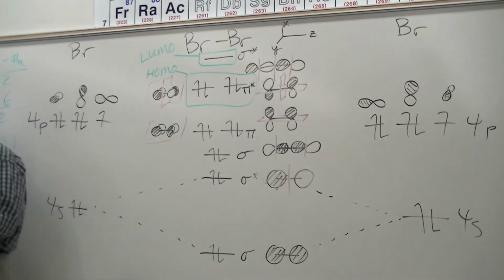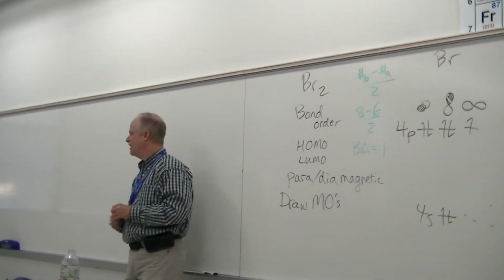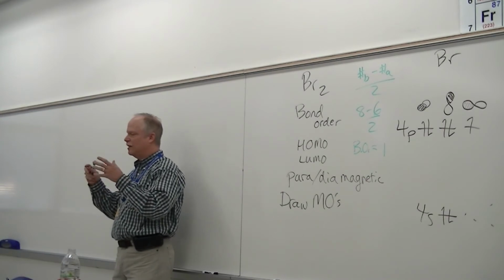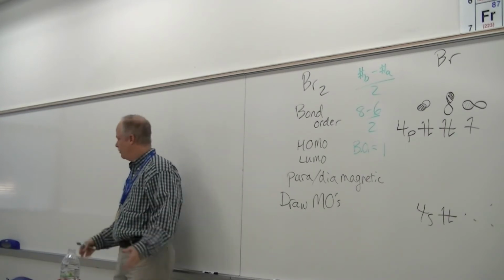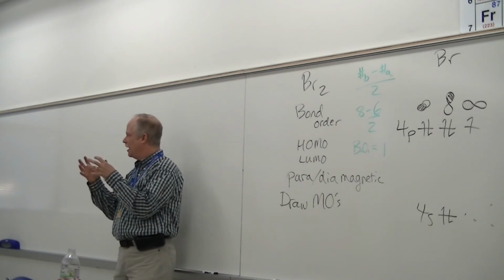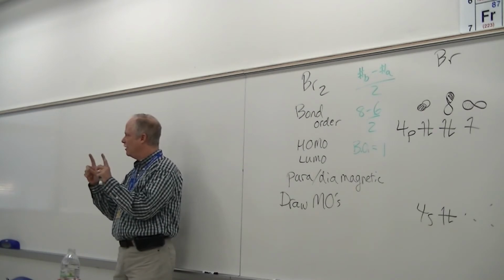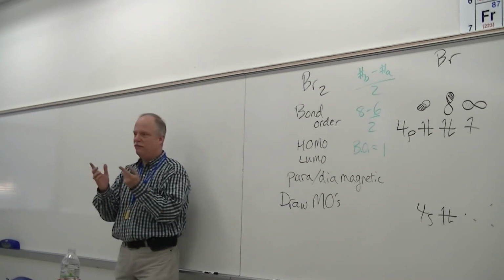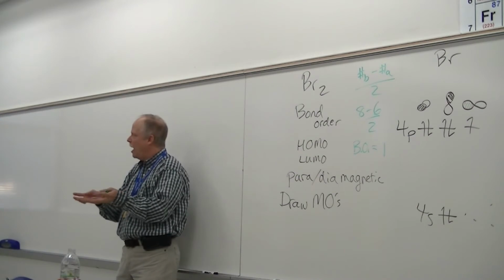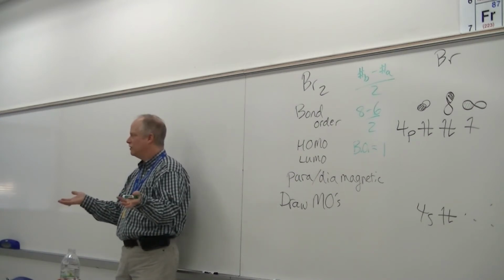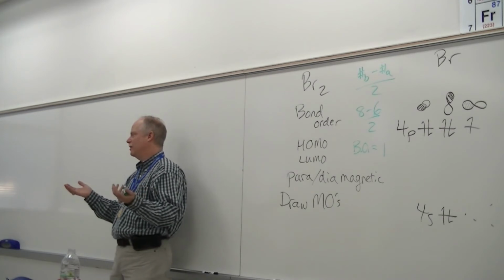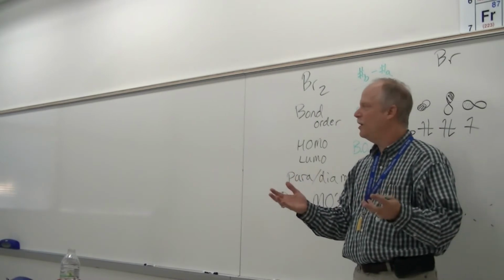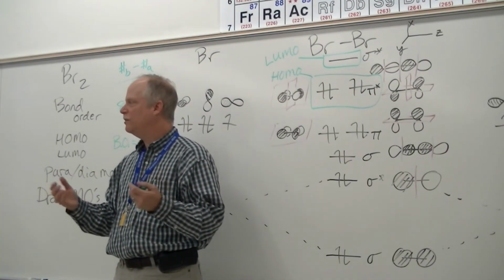Yes? So if you do give us a question like that, you will give us the diagram and then the grid? Yeah, you wouldn't have to have the whole diagram for that. If you just have bromine and you see that it's a pi bond, okay, it's either the px or the py. Now if I have only an x option, then that's your answer. If I have an X or a Y, then you can't really tell me. If I said the 4px and the 4py were two options on that one, you really couldn't tell me, because